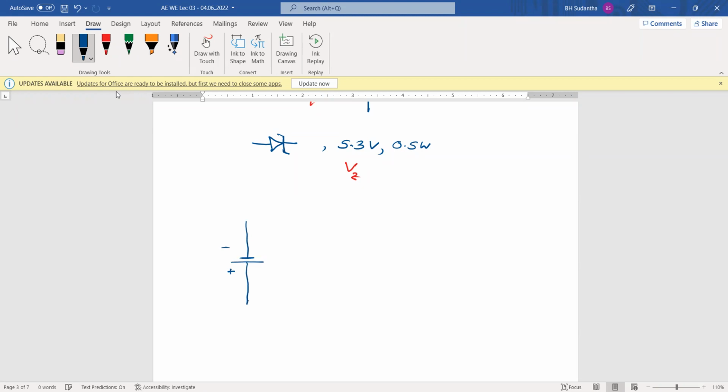This is plus, minus. Here we have a resistor, and this is our Zener diode. We can have the battery voltage. You can see that we applied this diode in a